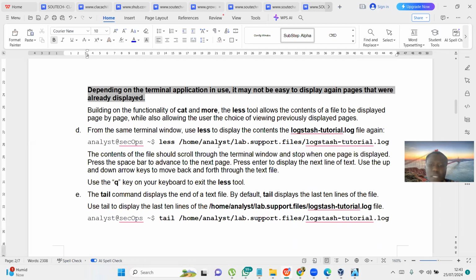Let me see, there's another thing that is important that we should look at. You have another one called less, right? Same log file you want to view. The content of the file should scroll through the terminal window and stop when one page is displayed. Press the space bar to advance to the next page. So this, I'll prefer this